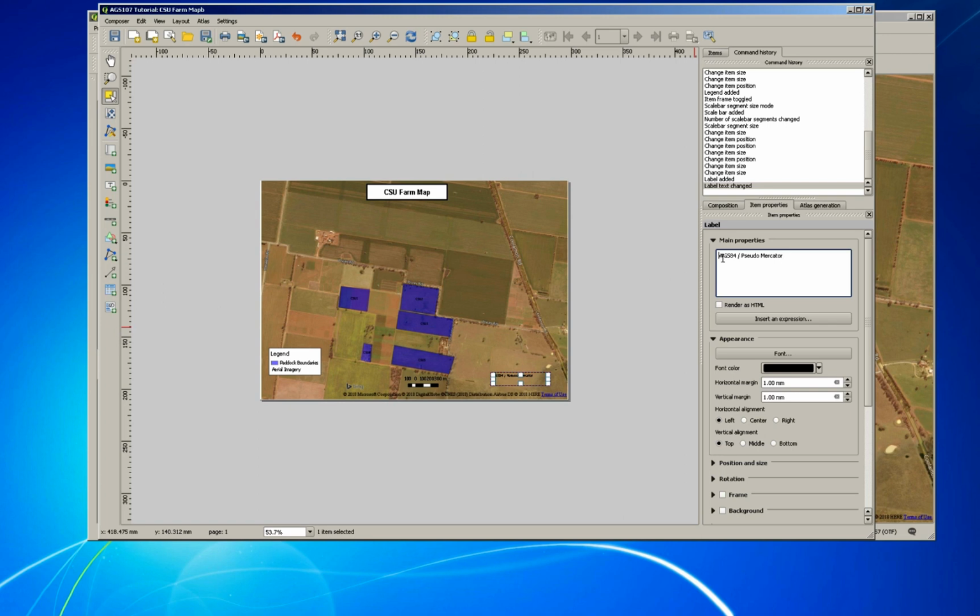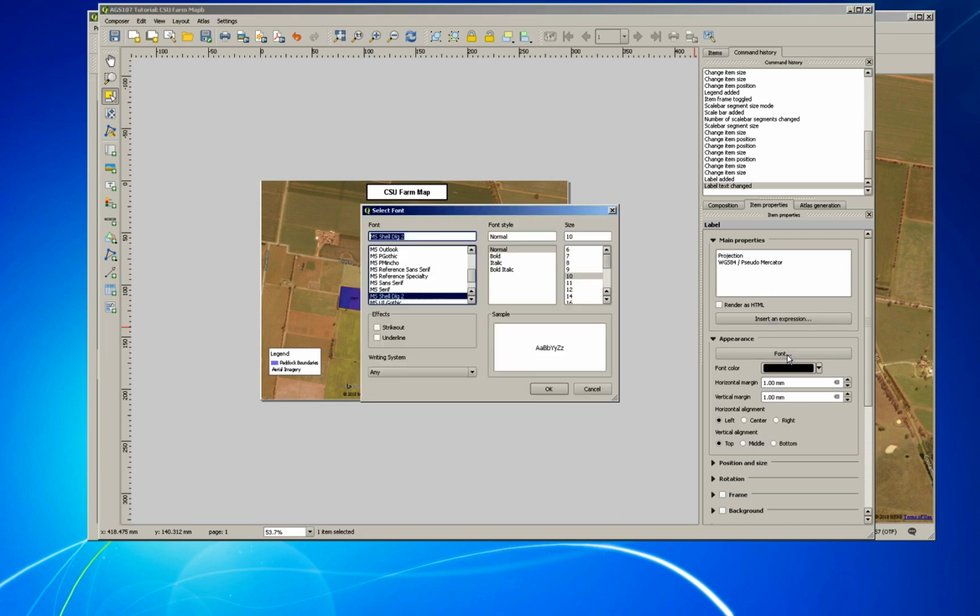I might even like to put in projection and then put that underneath. And again, it's up to you what size font you want to use and the style. I'm going to stick with Arial. I don't want this to be particularly large because it's not a key thing that I think the readers need to see, and I don't need it bold, so I might make it 12 font,